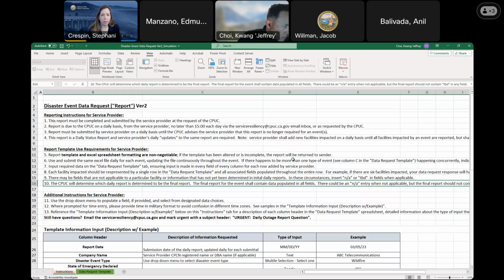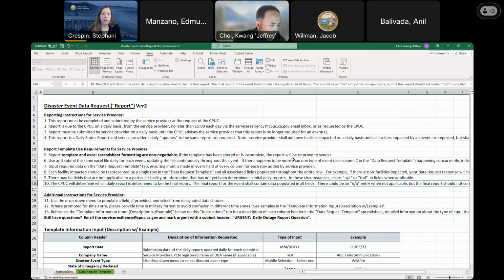Okay, the first section is the reporting section, instructions 1 through 4. At the request of the CPUC, we will notify our affected service provider contacts that we have by email. So please make sure all your contacts are always kept updated. And you, the service provider, will immediately start your daily reporting.